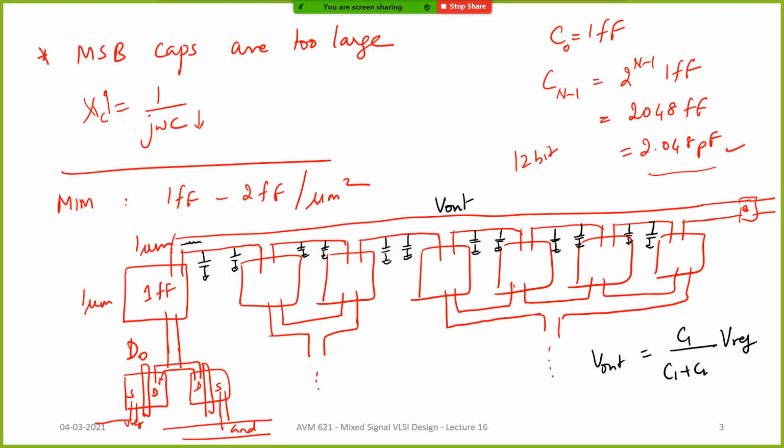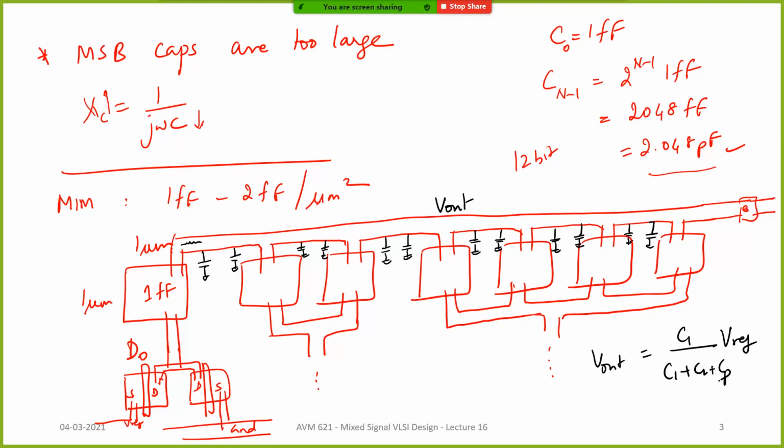Now what are you having? C1 divided by C1 plus C2 plus C parasitic into Vref. And so when it is changing, your DNL is going to get really bad. On top of it, throw in variation and things like that. Which is why it is not feasible to put extremely low